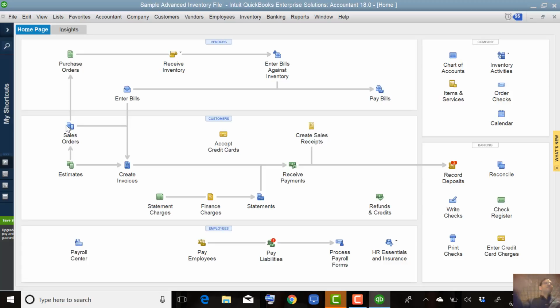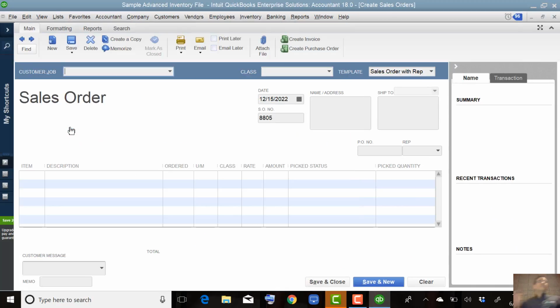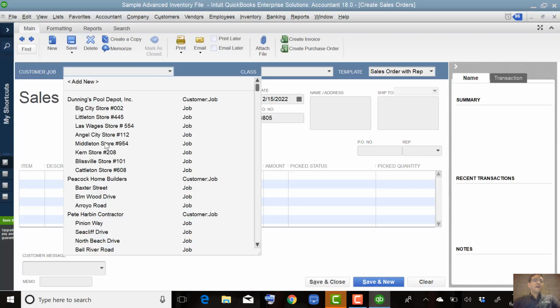Okay, for most of you that are familiar with the platforms, you would need to have Premier or above to have sales orders. So you always start with the sales order process, and we're not getting into the advanced stuff yet. Okay, so we start with the sales order, and then we select the customer that we want to sell to. Now I'll give you a quick